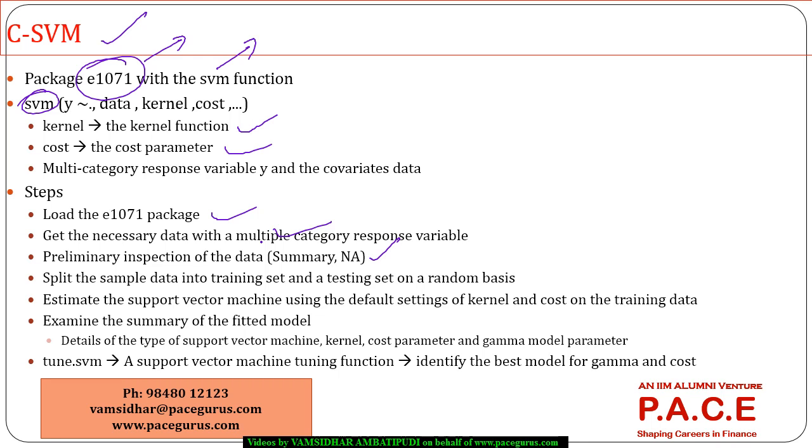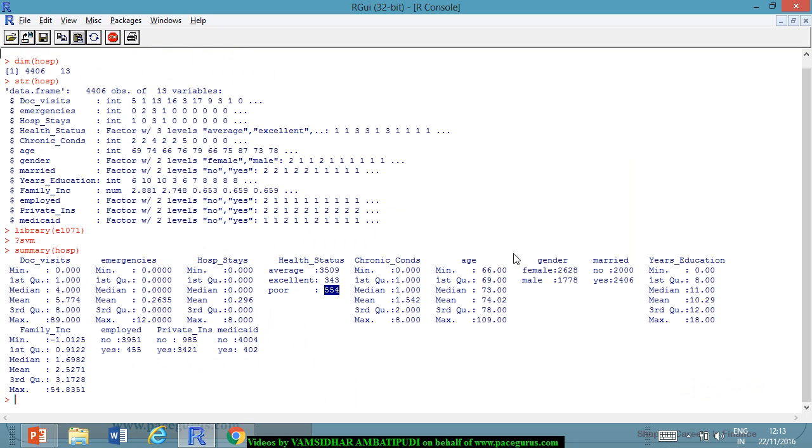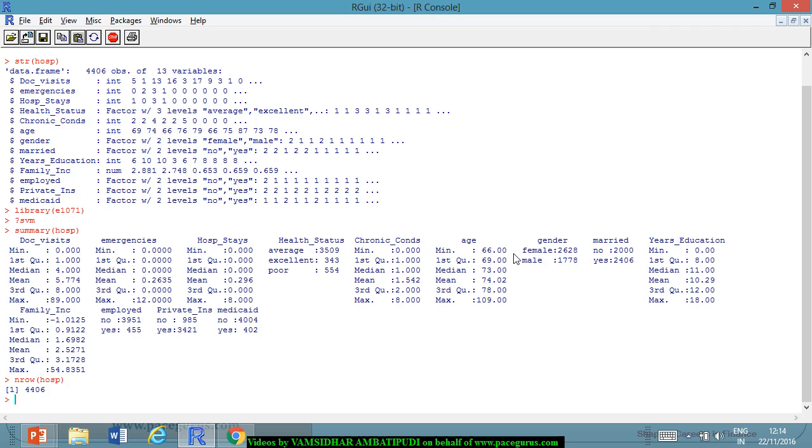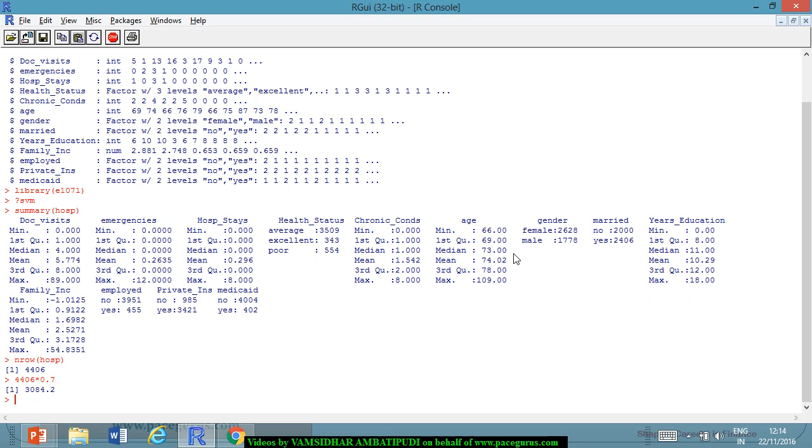Then split the data into a training set and a testing set, right? So we already know how many records are there, but let me quickly check it. N row is talking about 4,406 records. So it's better that I take the 70% of it to build the model. So almost 3084 would be used to build the model, and the remaining of them will be used for the testing purpose. So let me set the seed so that the same set of data can very well be used